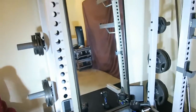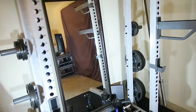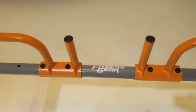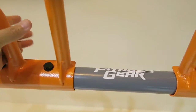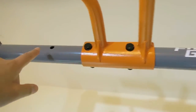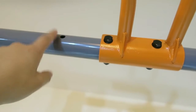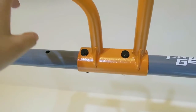I highly recommend it. Here's some really good points about it, and I'll tell you maybe some not good points about the whole thing. We'll start from the top. The hand grips, you have two inside. You want to get dead center of your back, and then two a little bit shoulder width apart. And then depending on how wide your shoulders are, this is actually wide enough for me, the outside ones. They do have another one here. I didn't want to go too wide because then it's kind of like using just your arms and not your